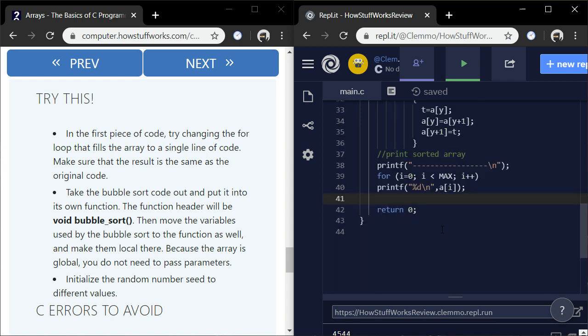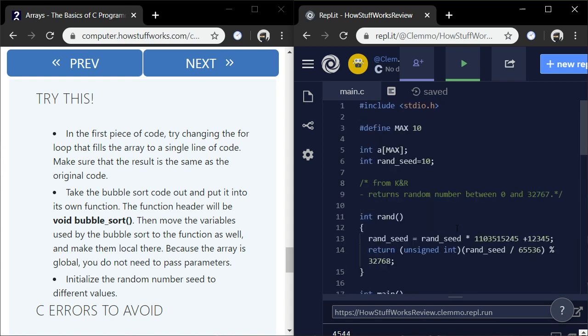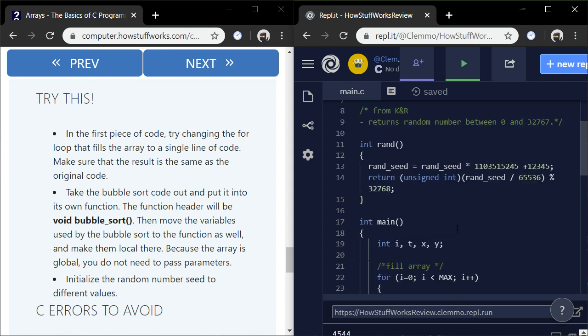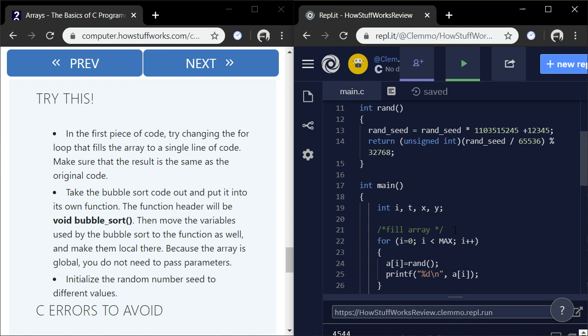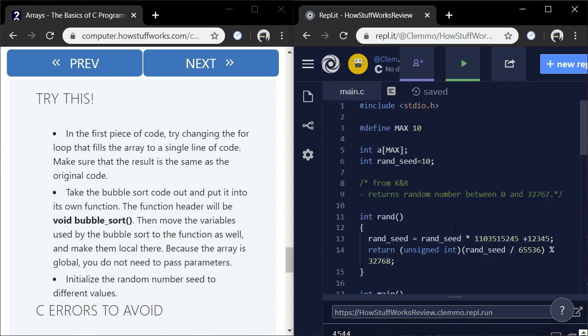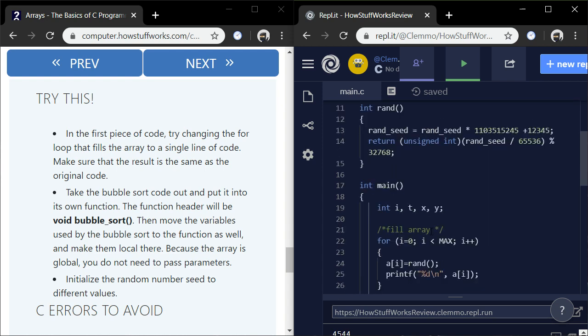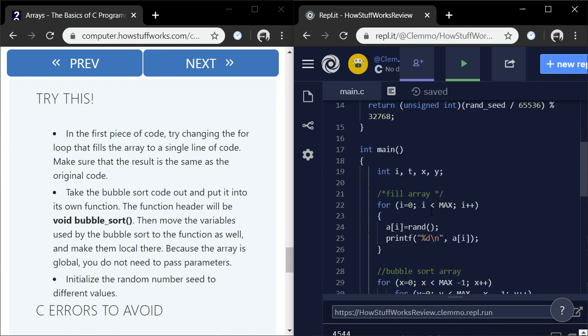This is definitely going to be a pause the video type thing, and figure it out. In the first piece of code, try changing the loop that fills the array to a single line of code.